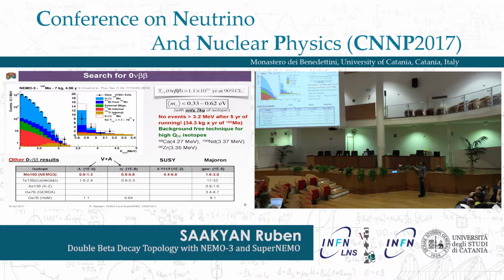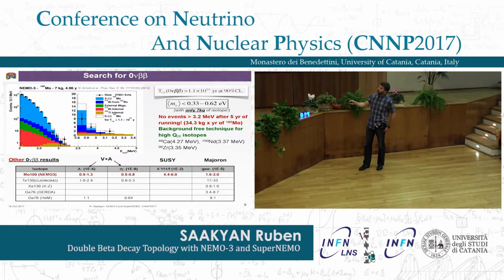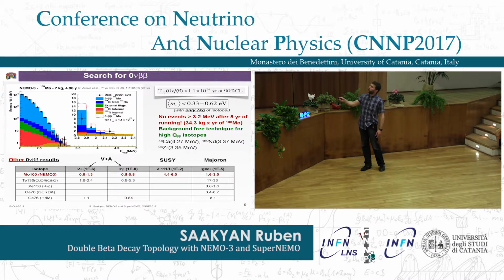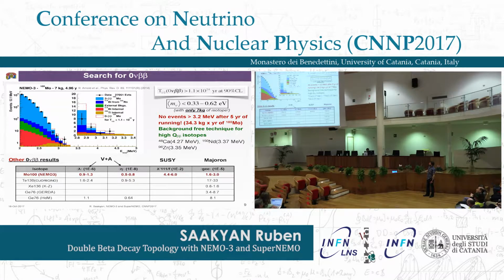Okay, so the biggest isotope in NEMO 3 is molybdenum 100, almost 7 kilograms of it, and the result, of course, is now surpassed by other experiments. But bear in mind that it was obtained only with 7 kilograms of isotope. This is quite an interesting result by itself. And of course, there are some other competitive constraints on new lepton number violating physics parameters which we obtained with this result too. Importantly, for future experiments which may employ double beta decay isotopes with high Q beta beta values, there is no background at all above 3.2 MeV, which was observed in NEMO 3 after 5 years of running.